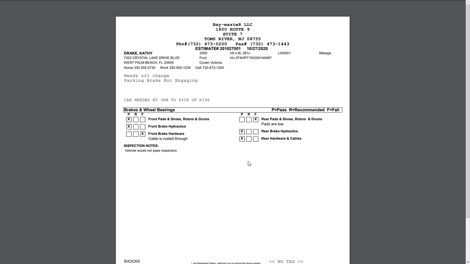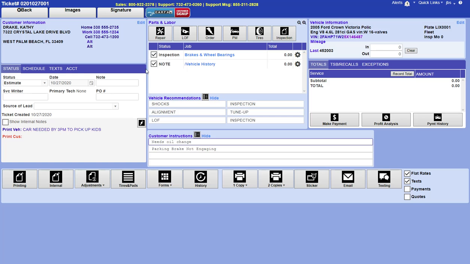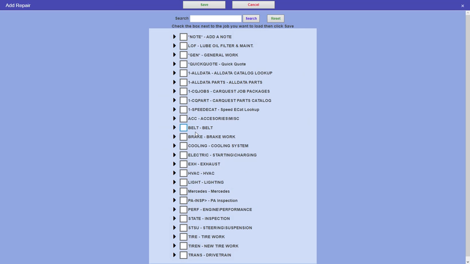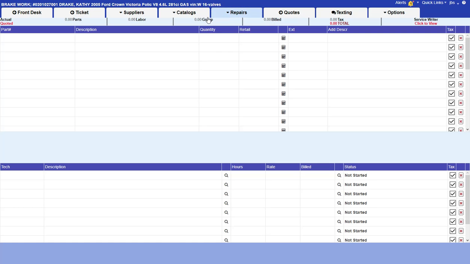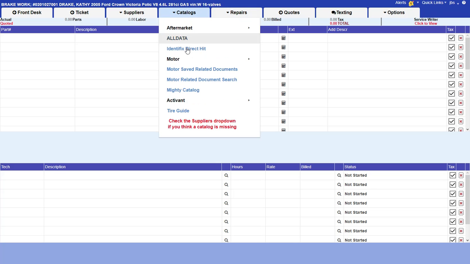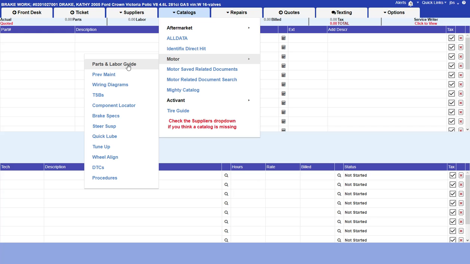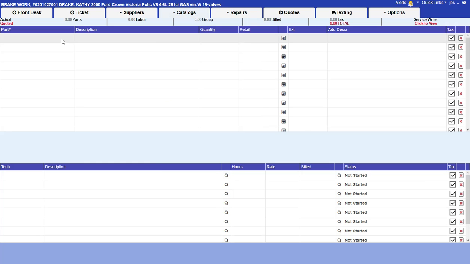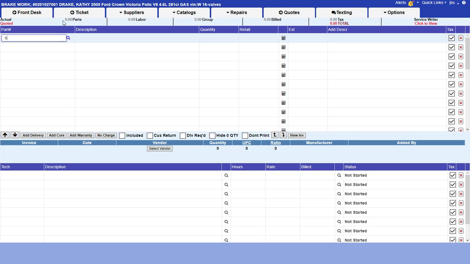And that'll look nice to be able to help upsell stuff to customers. And you can always include alongside that the repair. So I'll go in and do a brake repair. And I can go here, I can go motor, parts and labor, and I can pull it from the labor catalog, or I can manually put in those part numbers